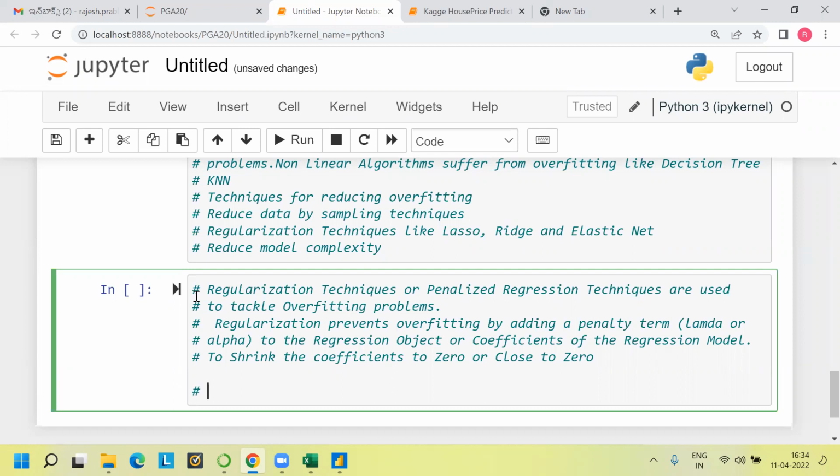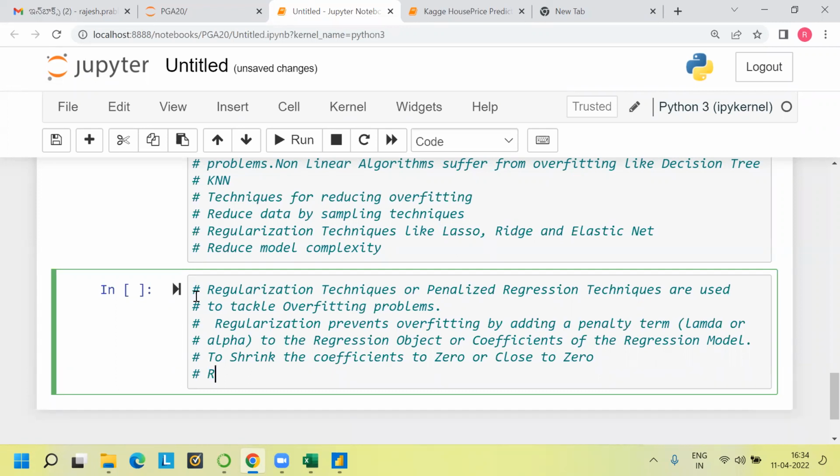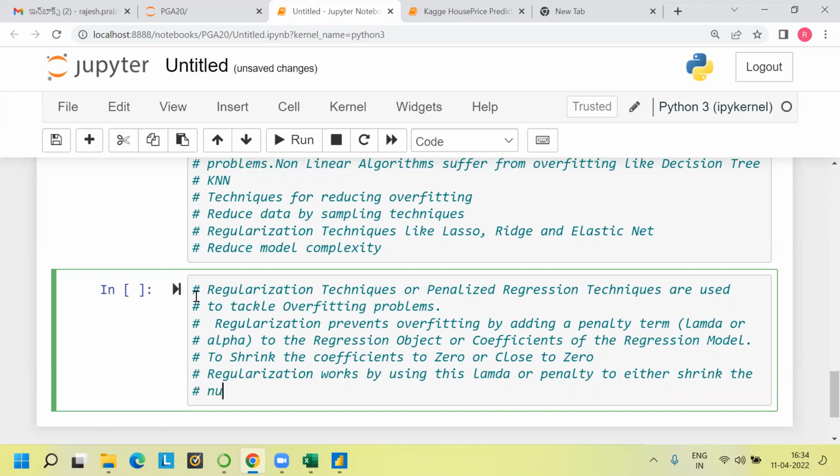So the regularization works by using this lambda or penalty to either shrink the number of variables,